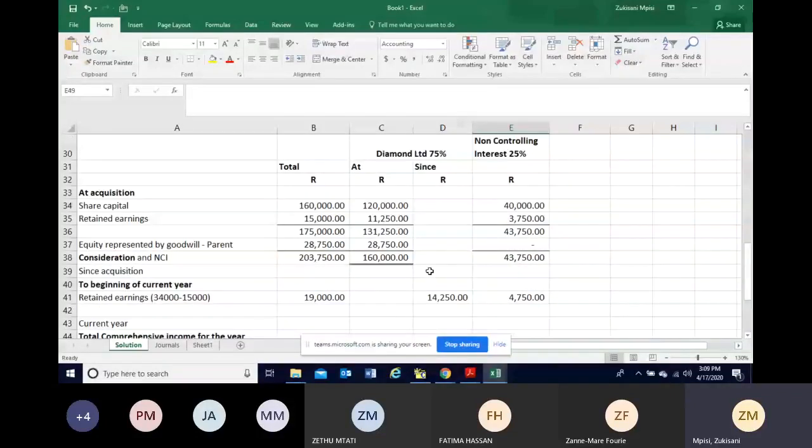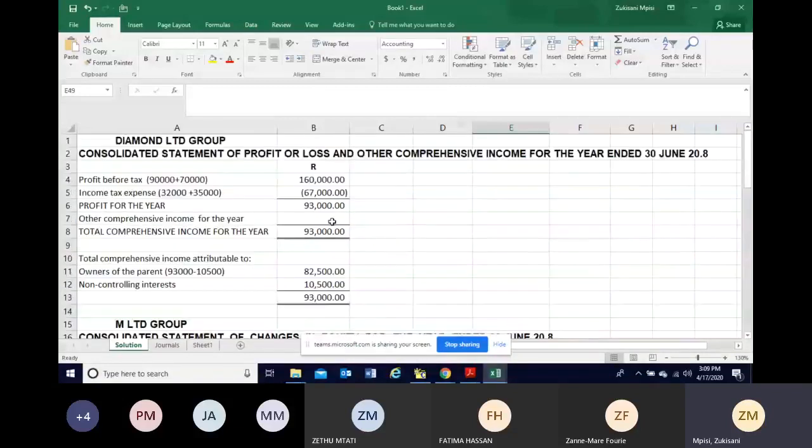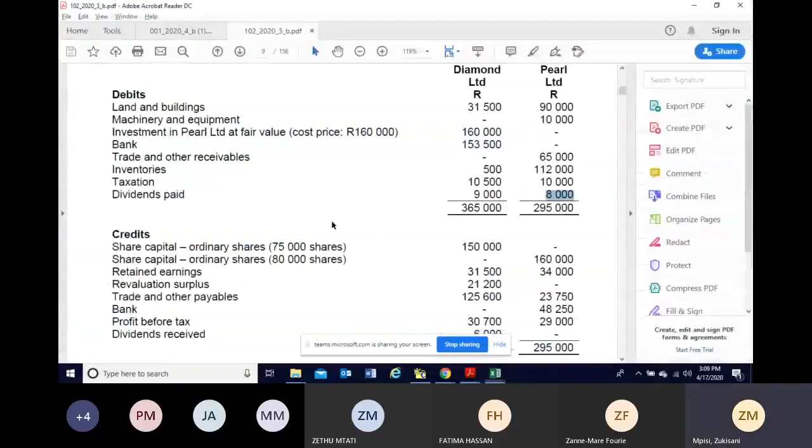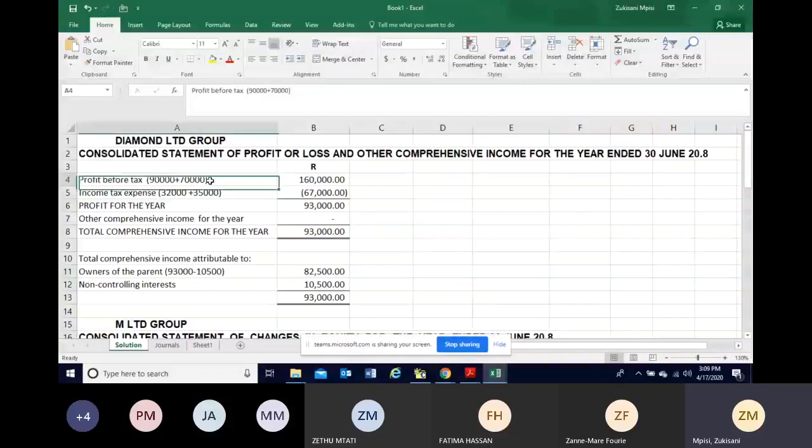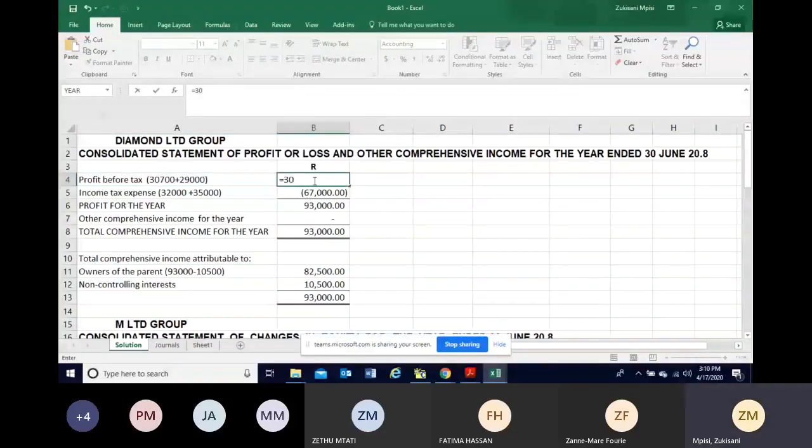So now we can go and try and capture our profit before tax note. Our profit before tax will be 30,700 plus 29,000. Then our income tax expense. Then we'll be able to do that. Let me quickly do this one. It's 3,700 plus 29,000. $80,700 plus 29,000, and